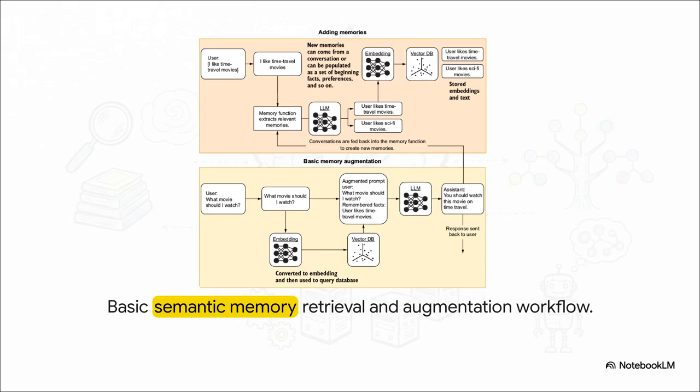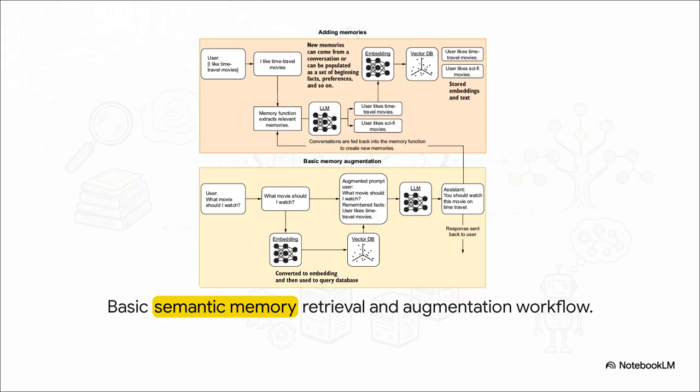The agent just moves on. But then, maybe 2 months later, you log back in and simply ask, "What movie should I watch tonight?" The system springs into action, converts your question into an embedding, queries the database, and instantly retrieves that deeply buried memory. User likes time travel movies. That critical piece of historical context is pulled into the prompt before the LLM even formulates a reply. Armed with that data, the agent can confidently recommend a brilliant sci-fi flick, making the whole interaction feel totally effortless